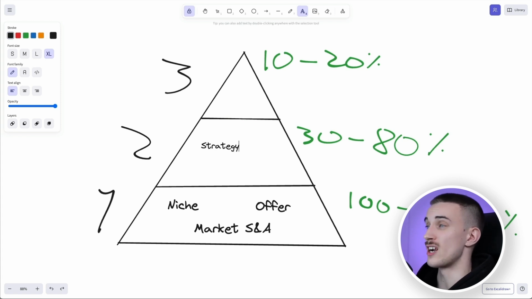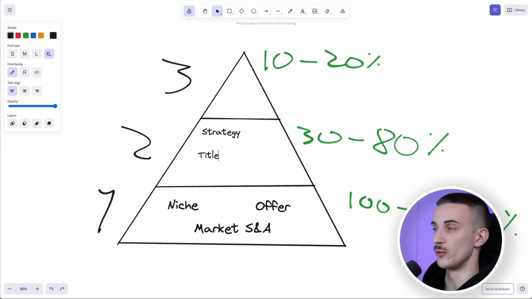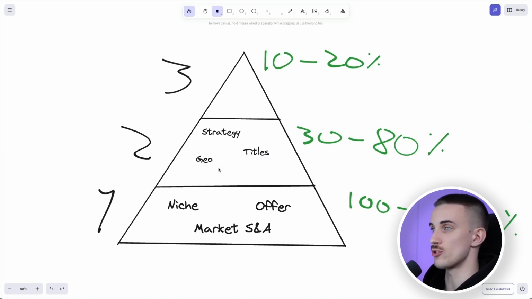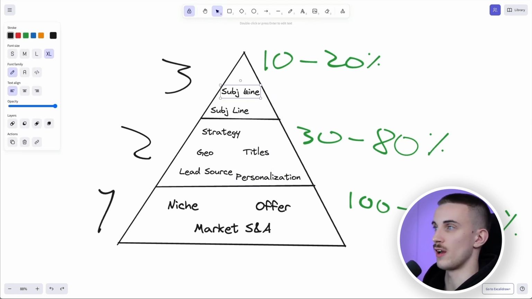So for example, the strategy that you're using for a campaign, the specific titles. So are you reaching the CEOs or CMOs, or who are you reaching out to? The geo, so what specific geography you are targeting. Then like lead sources is for sure here. And then here's also personalization. And then on level 3, here we find things like subject line, the CTA, the PS line, things that are